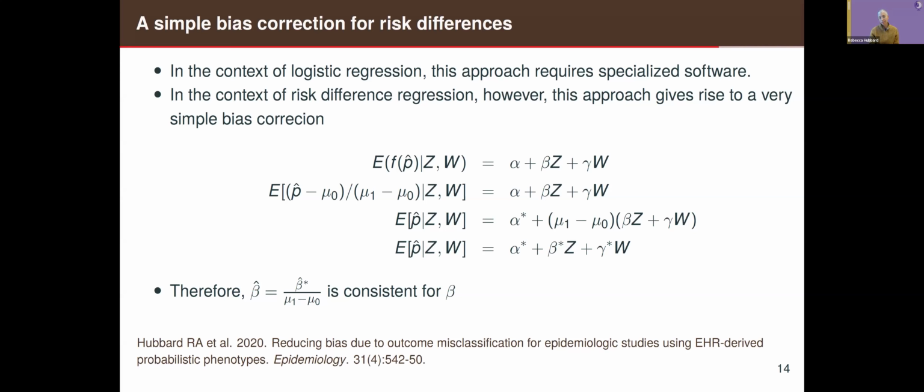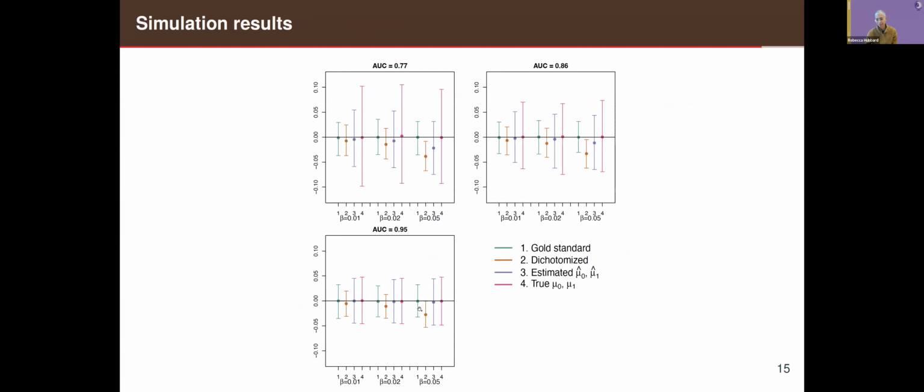We also showed that in logistic regression and in relative risk regression, you can do something very similar just by doing a Taylor series expansion of the left-hand side of the equation. So altogether, it's a super simple correction, something you can do by hand, and it reduces bias in your analysis. In the interest of time, I'm not going to explain the simulation results a bunch, but basically we looked at phenotypes that had different levels of performance, and we found that if you just naively throw your imperfect phenotype in as an outcome, you get bias. But if you use the bias correction method that you can just calculate on a napkin, you can remove all bias.